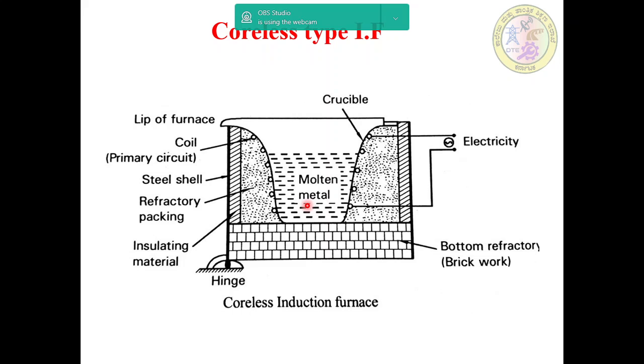These tubes carry current and are water cooled. A layer of insulation is provided to the coils. Compacted ramming refractory packing is provided on both sides